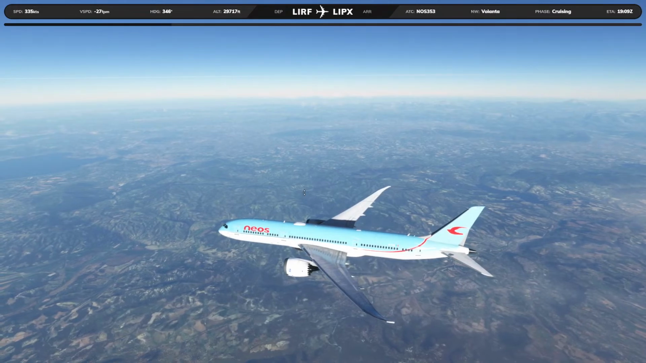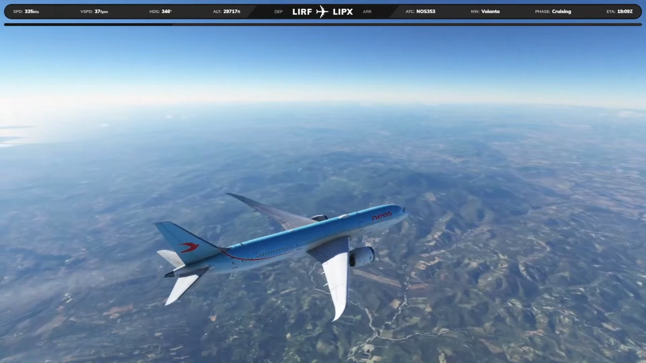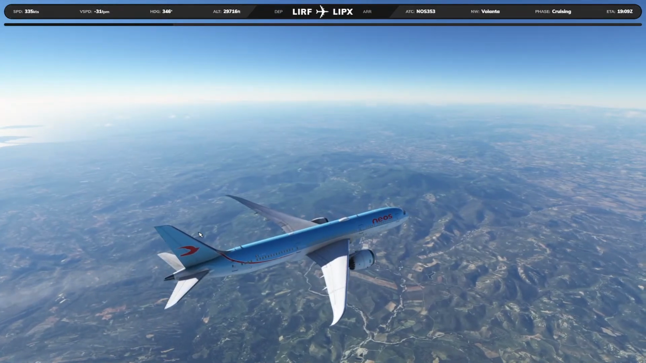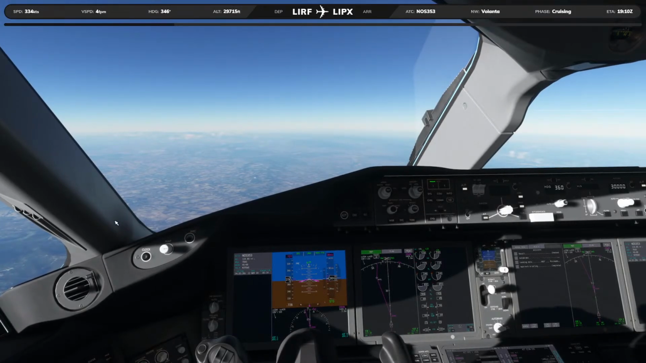Look at this beautiful terrain here in Italy. Oh, that's just lovely. More news from the X-Plane world. The SR-22